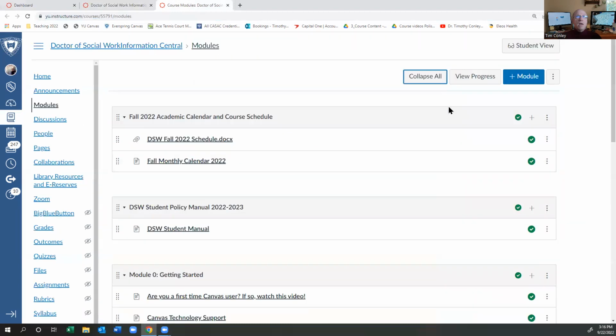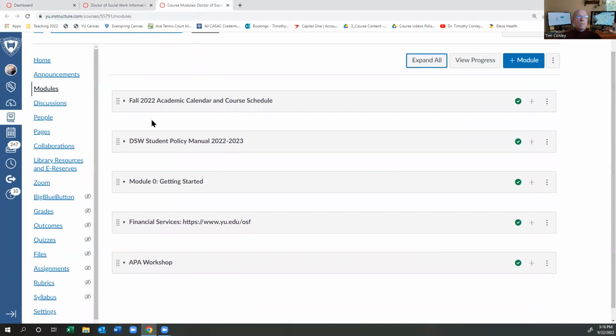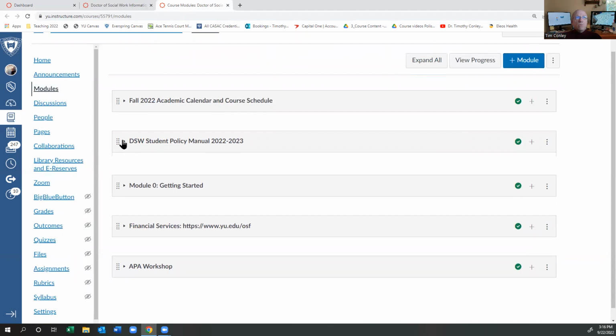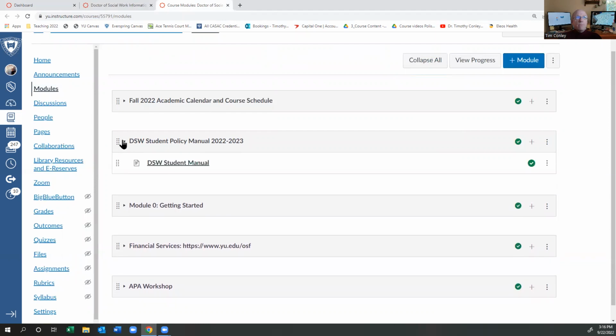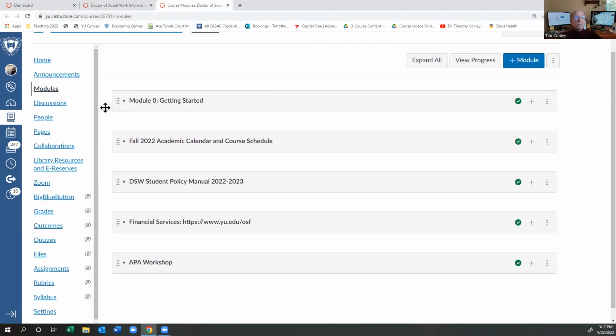When you get into modules, and if they're all expanded like this, you're like, what am I looking at? This is crazy. Just collapse them. Yeah, a lot simpler. There are 5 modules in this DSW information page. You click on this little tab and it drops down and shows you what else is in there. Actually, this module's out of place. I'm going to move it up, put module 0 up top. But at any rate,